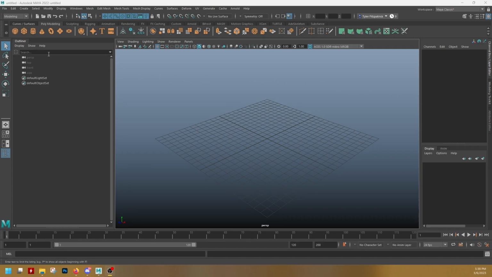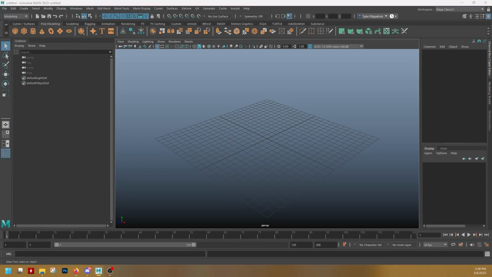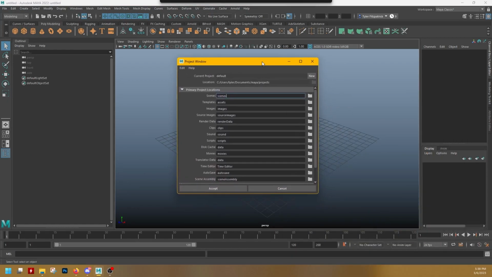So to create a project file, I'm going to go up to File. I'm going to go down here to the bottom and select Project Window, and it gives me this pop-up. When you first boot up Maya, it will automatically be set to a default project, which is stored in your Documents folder, but you really don't want to be working from the default project, as it can be cluttered if all of your working files are in the same exact place. So instead, we're going to hit New. We're going to type in a new project,